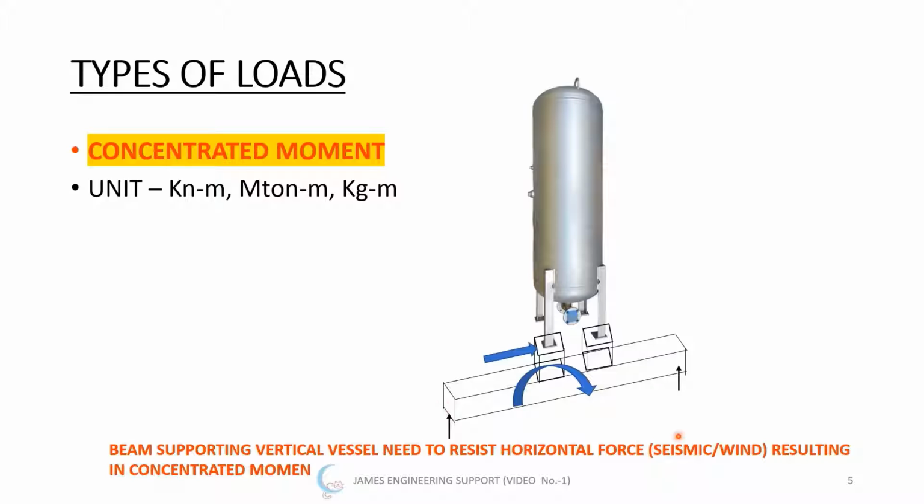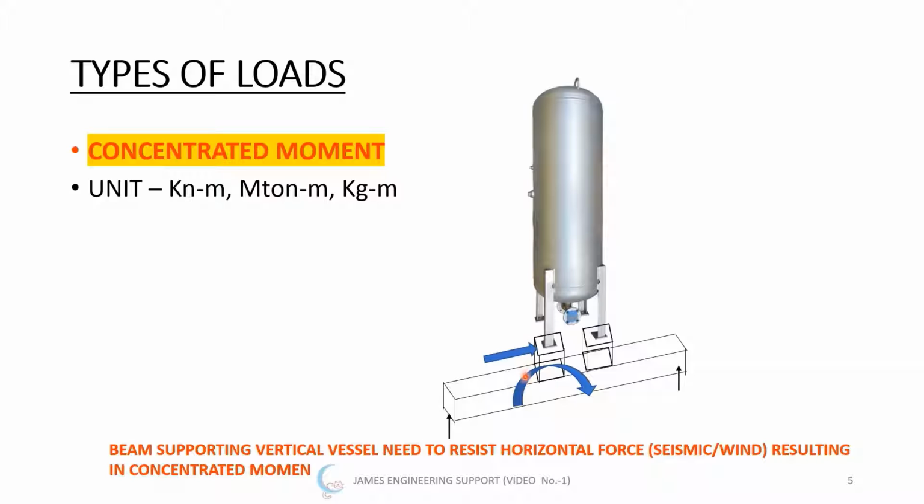You can see that this is a vertical vessel which is generally supported on four legs. You can see one, two, three, four legs. Currently I am showing only one beam, over which these two legs are supported on a concrete pedestal, and this concrete pedestal will be supported from this beam. This pressure vessel has vertical load also, but I am ignoring that to explain. There will be some horizontal force due to the wind or the seismic forces, and those forces you need to calculate and transfer to the beam.